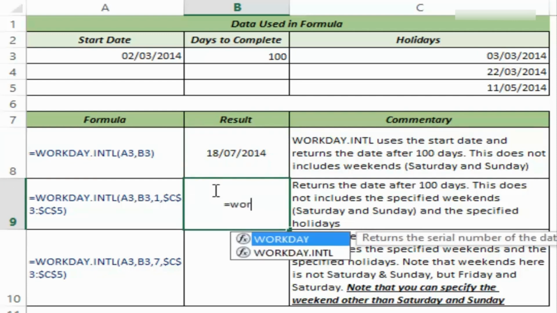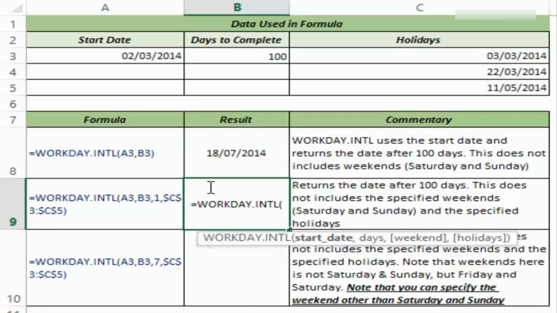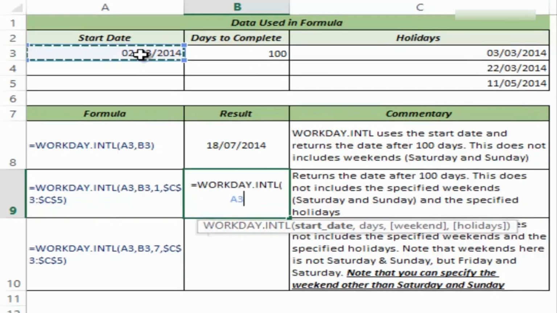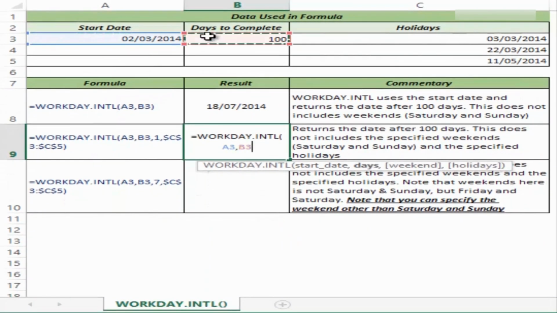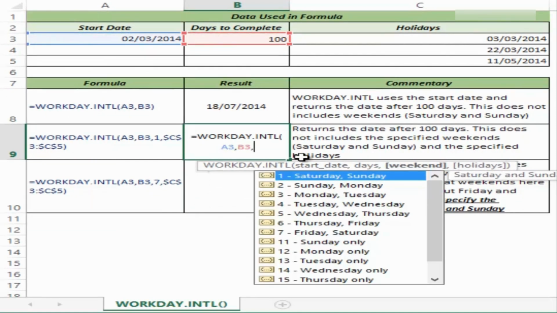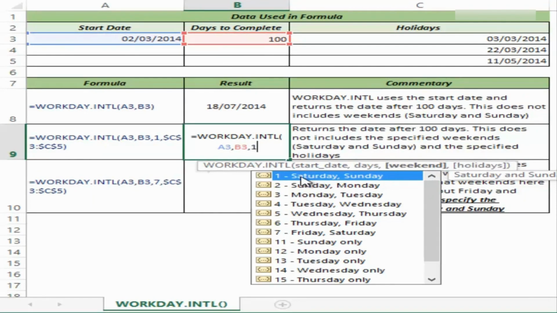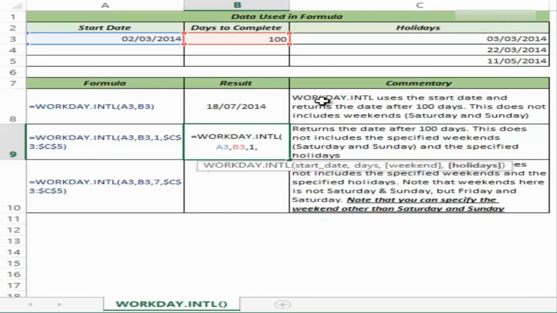Now, what if you have holidays in between? Then you can also account for these holidays. I give the start date, the number of days as 100. You can specify the weekends here. As of now, let me specify Saturday and Sunday as the weekend, and I can key in this list of